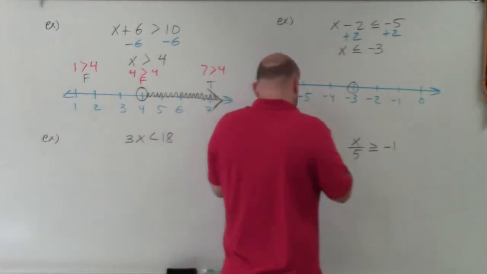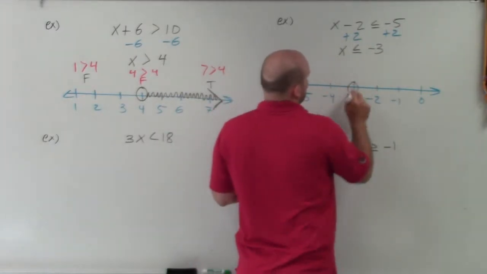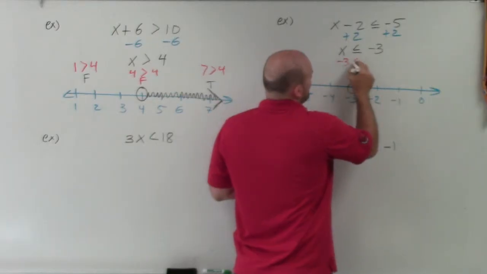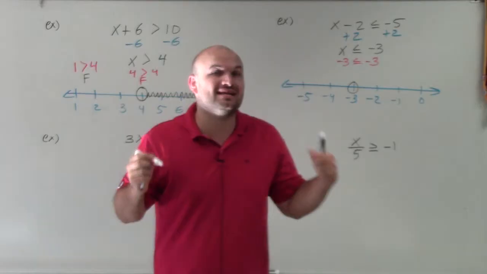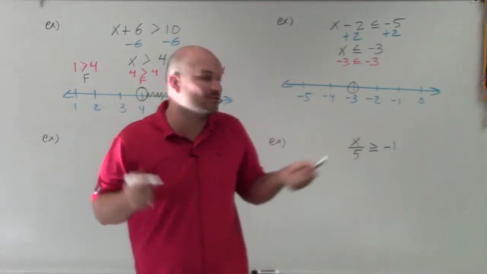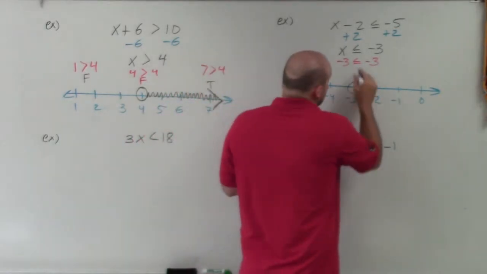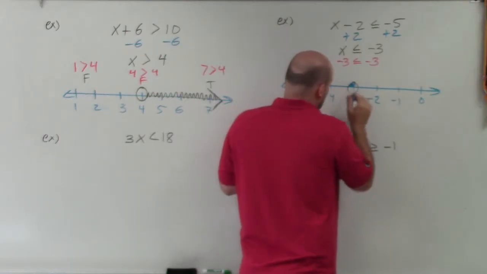And I'll just use a test point again, just for the last one, just to show you. Again, if you plug that in, negative 3 is less than or equal to negative 3. Is negative 3 less than negative 3? No. Is it less than or equal to? Yes, it's equal to, right? So since that's true, whenever you see that less than or equal to,